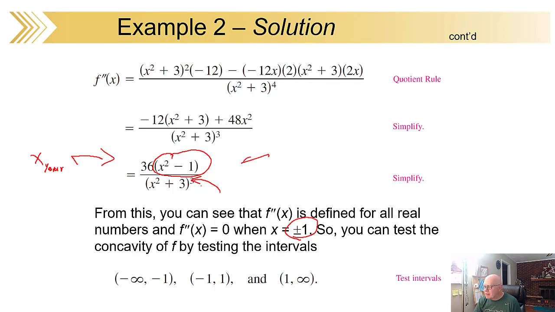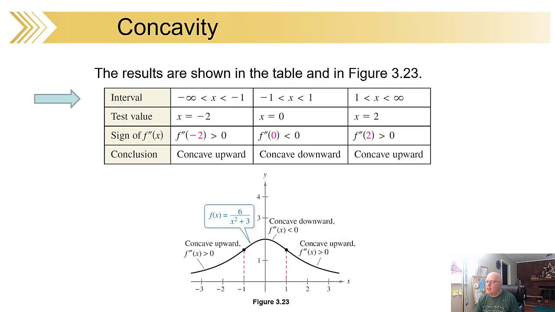Split the number line up into test intervals. Find test points. For example, maybe your test points would be -3, 0 would be convenient there, and maybe a 5 there. Anything you like, really. And you'll put it in the second derivative to see whether it's positive or negative. So there is a good